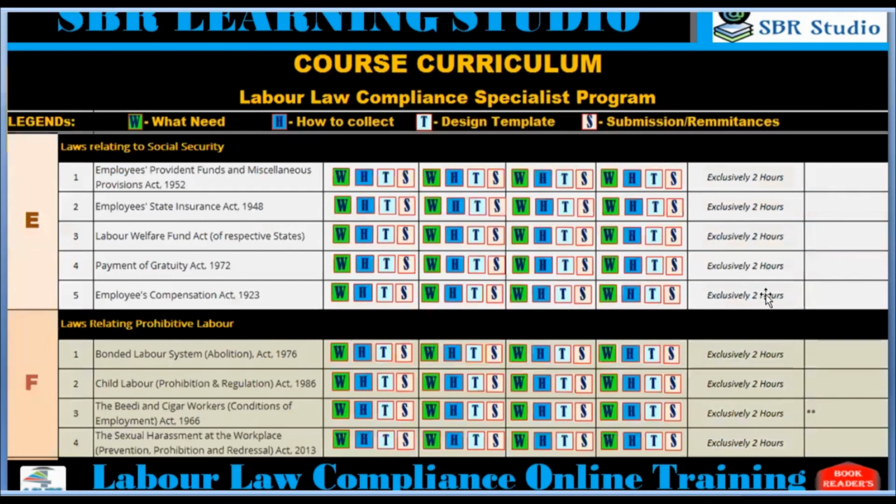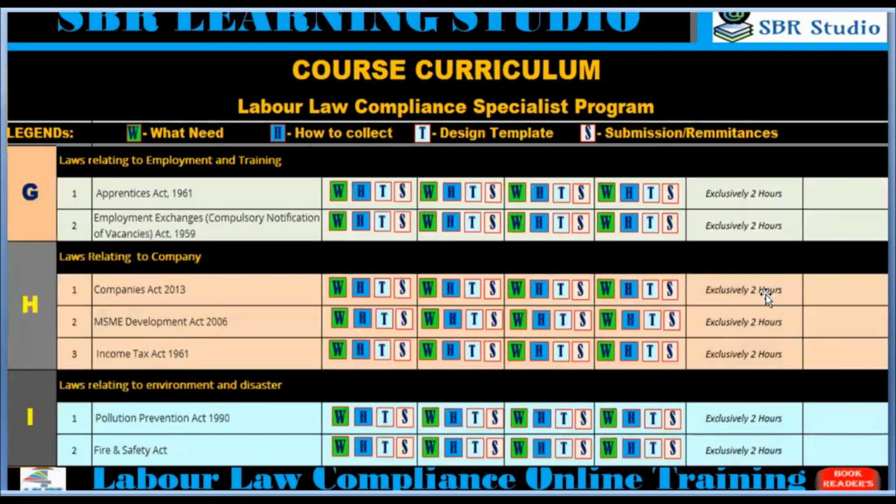And then module number 5 is covering separately the social security regulation and the existing law, then the laws which specifically define prohibitive law or labor in the organization, so that will be covered in a separate module. Then another separate module is related to employment and training: what provisions you have to assure when you are engaging trainees and employment, which we are covering in a separate module. Then the company secretary: what is their role and responsibility in the organization, that we are going to learn practically here in this